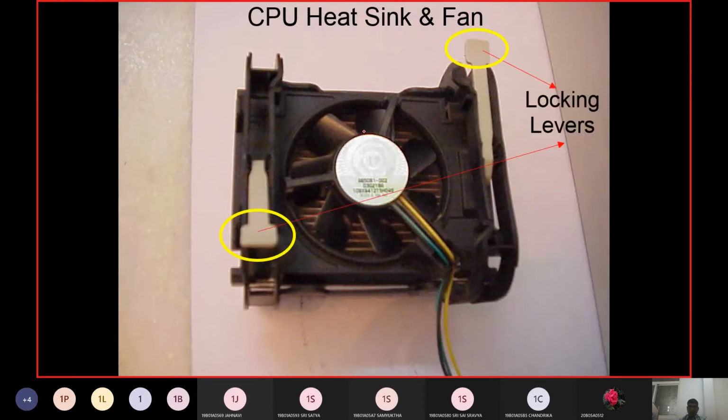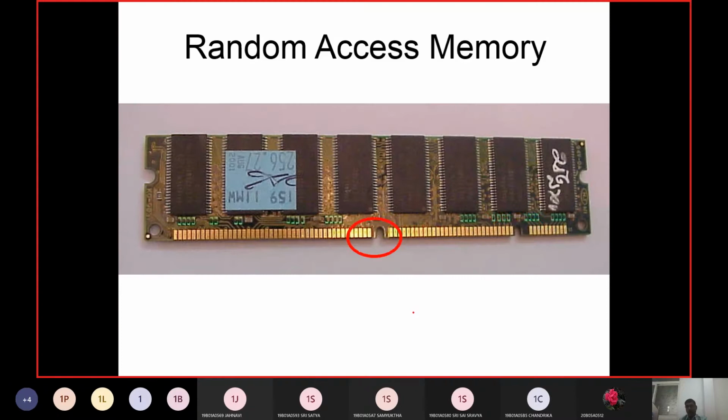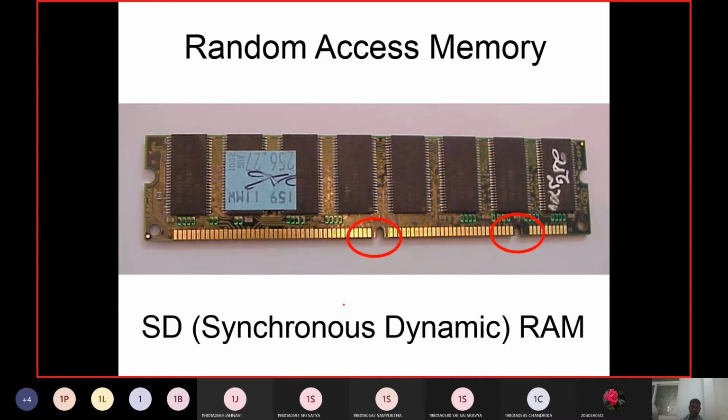Next thing, this is where we are going to have a fan, and it should not be dislodged or disturbed. So you need to lock it, and that locking we are going to call leverage locking. And then it is having a power supply of 15 volts and the ground, and thereby we are going to have the synchronous dynamic RAM, which is an advanced version of the random access memory.